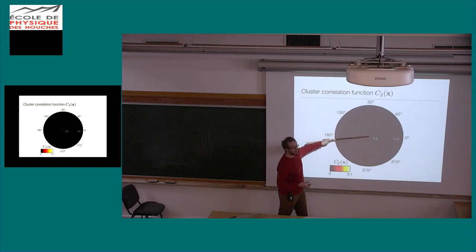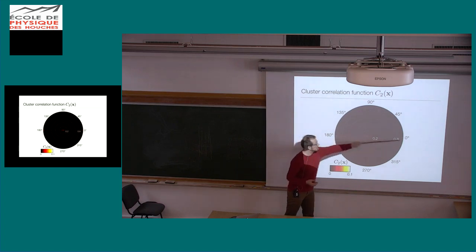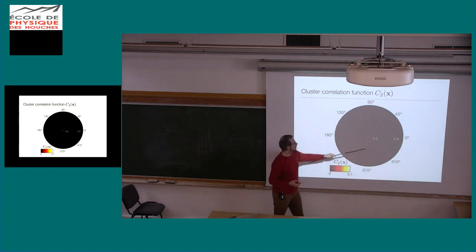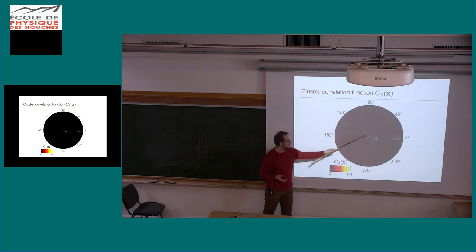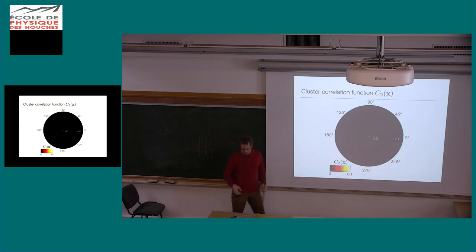The distance between both points is 0 in the middle and 1 at the outside, and this is just the angle of that. So in the middle of this plot, you find the value of your 1-point probability function. Here you should always recover your volume fraction, which I do here. Now we see a lot of black here, so that doesn't help much. But when you zoom in,